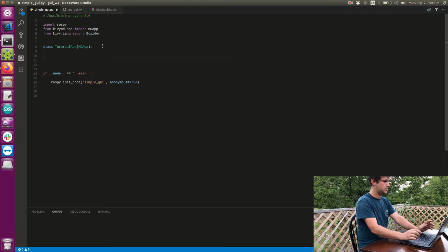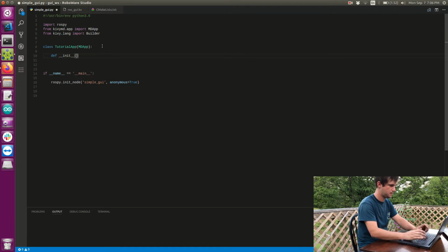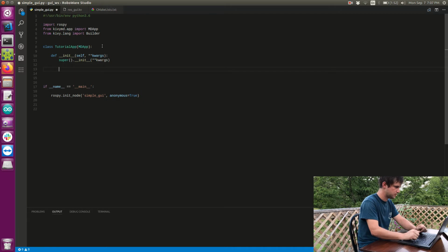Okay, so we need to make a few changes on the initialization. So we need to basically redefine the init function. What I'm doing here is what I consider the template. For every single GUI you make, this is going to be the same. So I wouldn't worry too much about these details. Just do it once, make sure it works, and then you'll always reuse it. So super, and I'm kind of copying here from another screen, so excuse that, because I do not have this memorized. So inputting all the arguments. All right. Okay, so that was basically